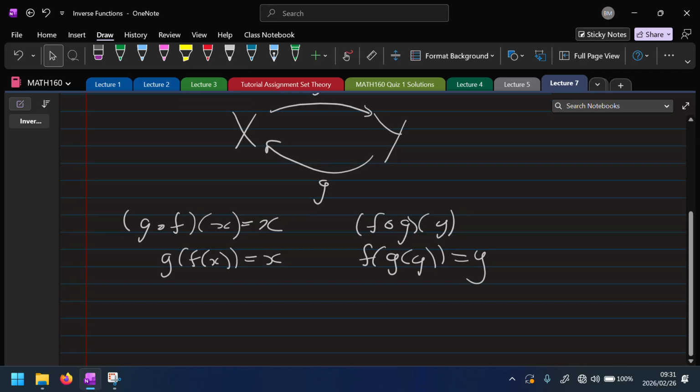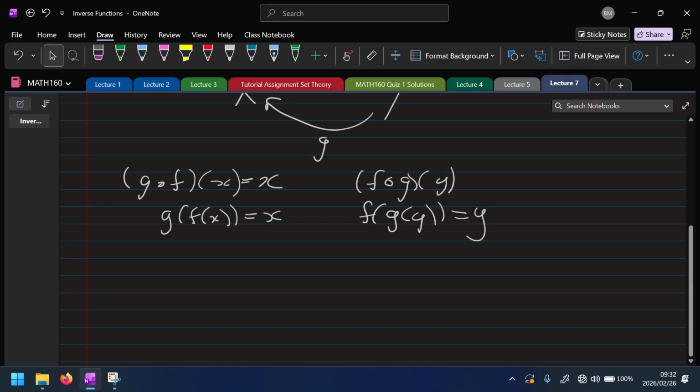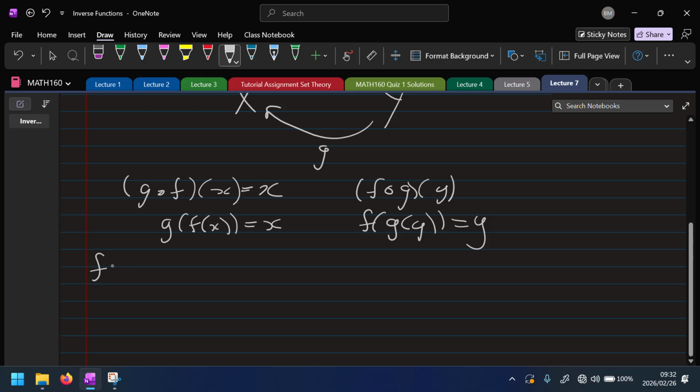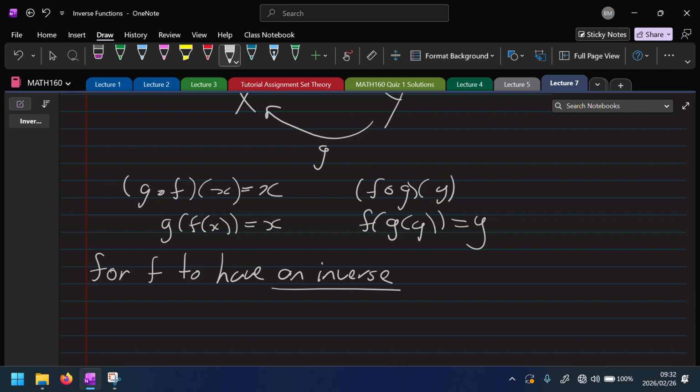Now to have the single inverse that you know of, there's two conditions we must have on f. If we don't have the two, then we either have a left inverse or a right inverse. And then for homework, there's some examples to check that. But for it to be a full inverse, a left inverse and a right inverse, it must be injective and surjective. If one of those is missing, you're looking at either a left or a right. You need to have both to have it being an inverse. So for f to have an inverse, just one inverse, not left, not right,